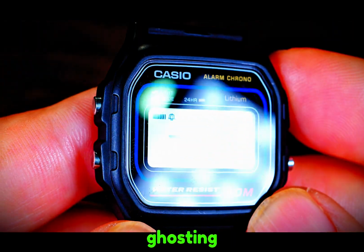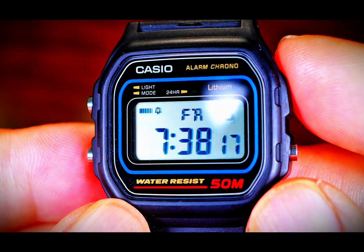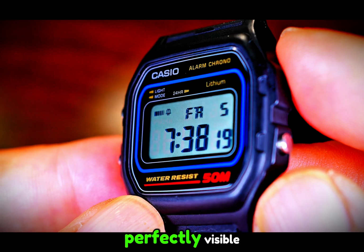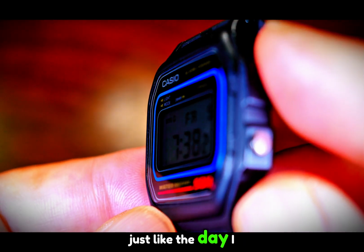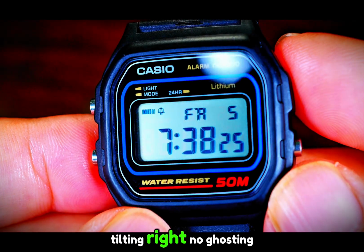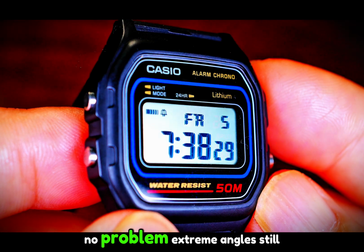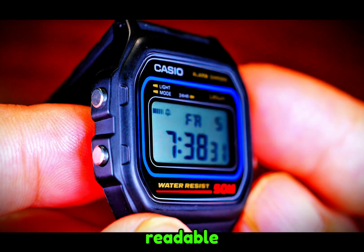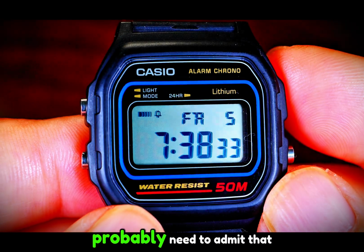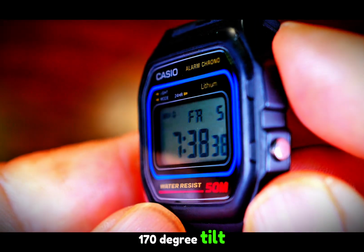strong. No ghosting, no weird fading, no sudden vanishing digits. The numbers remain sharp and perfectly visible, just like the day I unboxed it. Tilting left? Still clear. Tilting right? No ghosting. A quick glance while on the move? No problem. Extreme angles? Still readable. Though at some point, I probably need to admit that checking my watch from a 170-degree tilt is just showing